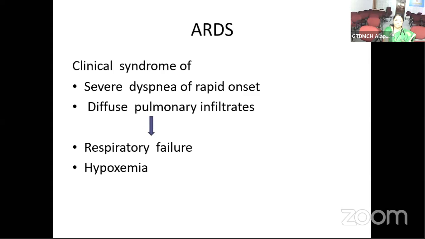So coming to the definition, ARDS is defined as a clinical syndrome of severe dyspnea of rapid onset. And there will be